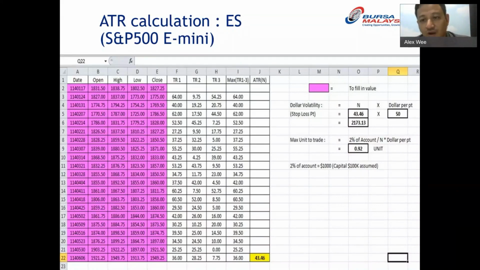So therefore, it's very important that you have the right stop loss and the right number of contracts. These two are very important, and this ATR takes care of that using a volatility modeling method, which is very classic, very ancient. It's very old, but today it is still effective. It stands the test of time. Until today, it is still quite useful.